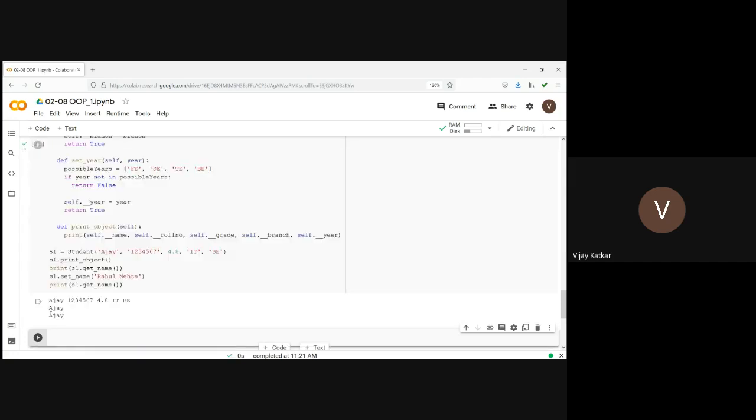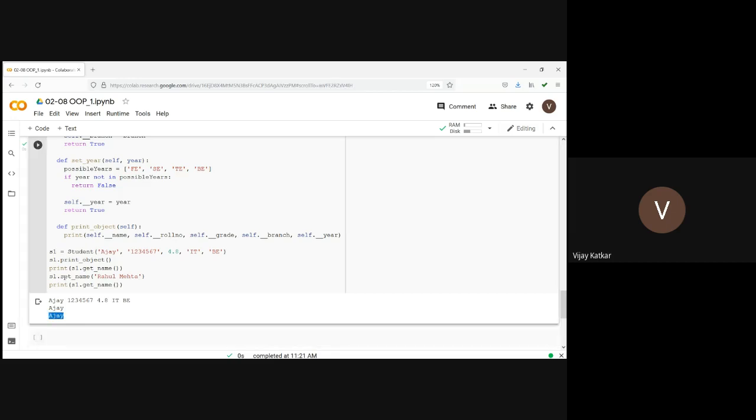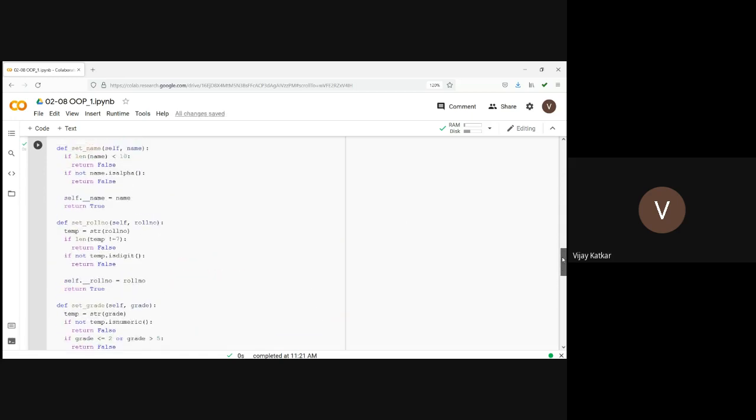Yes, but again it is saying that the get name is Ajay. I have called the set name method by passing Rahul Mehta, but again it is saying the name is Ajay only. It is again printing the name Ajay. So why so?